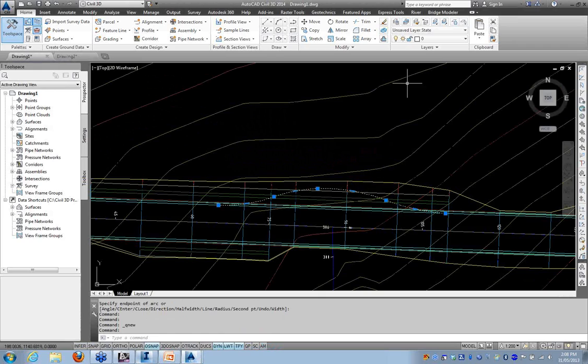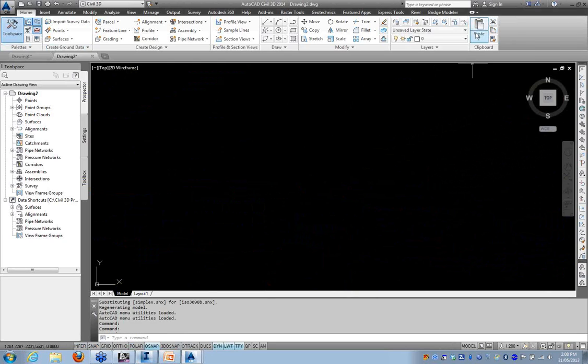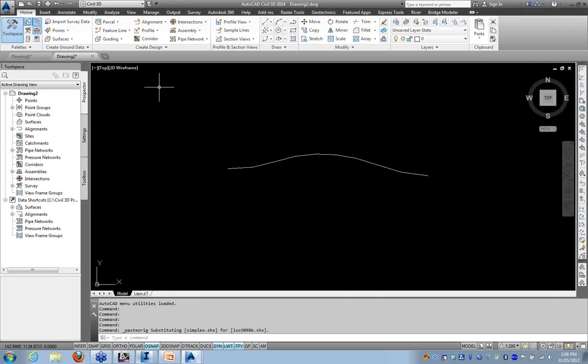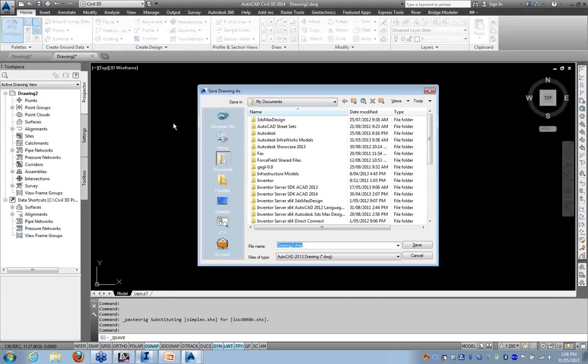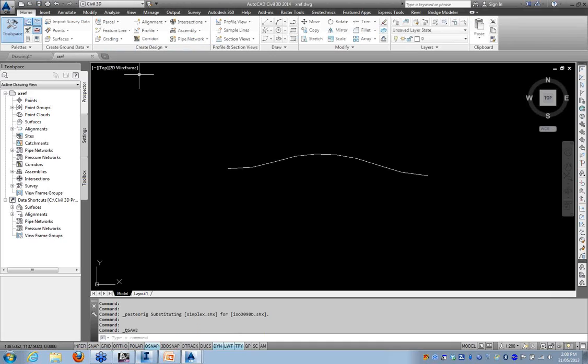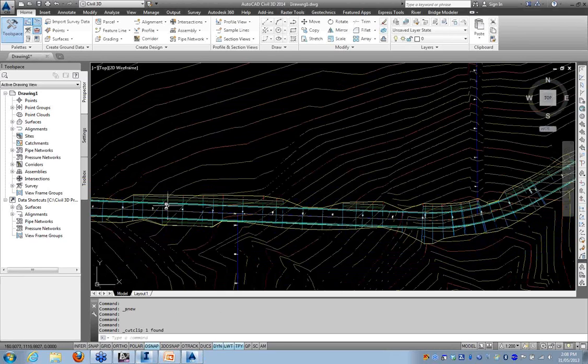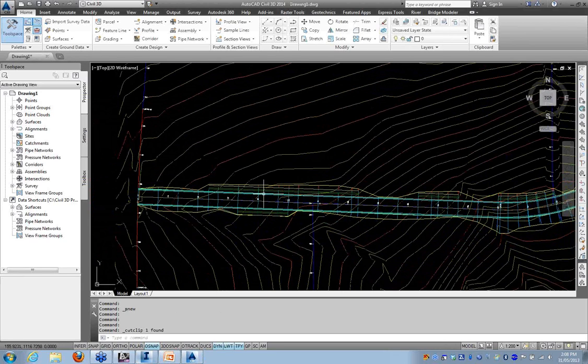Start a new drawing. And I'm going to cut that from there. Go to my new drawing and paste to original coordinates. There it is down there. Save this drawing and call it xref. Okay, and close it. So that's gone out of there now. That polyline's been transferred,